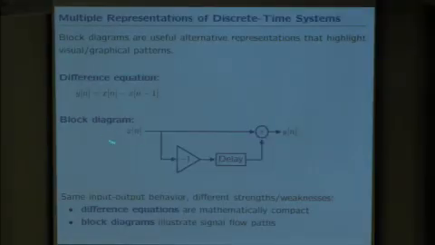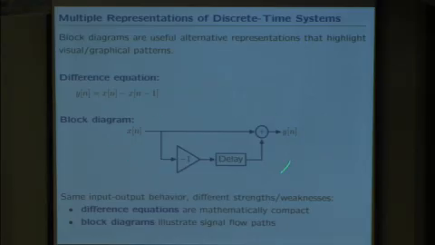So the next representation I want to look at is a block diagram. What I'm trying to show here is a picture, a diagram, that represents the same system that we just analyzed with difference equations. Here, though, I'm thinking about it as a signal flow path. I'm thinking about the cascade of operations that you need to do on each sample in order to get from the input to the output. So the difference equation said every value of the output should be equal to the corresponding value of the input less the value before that.